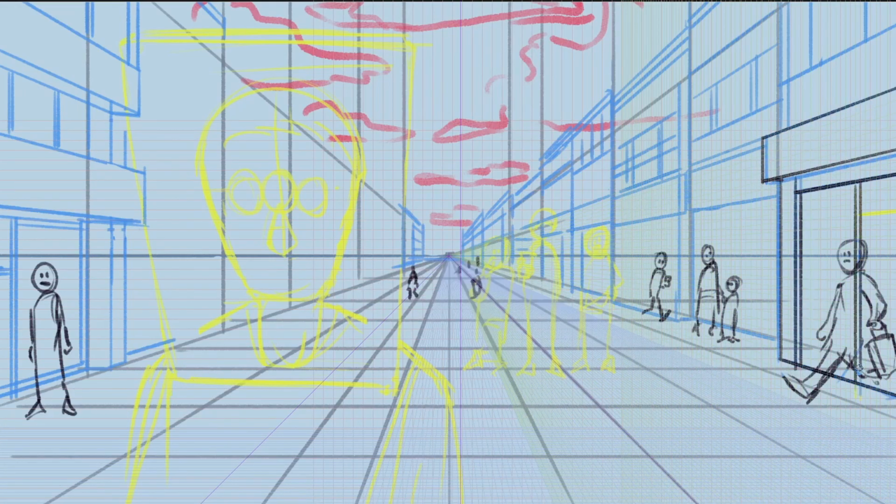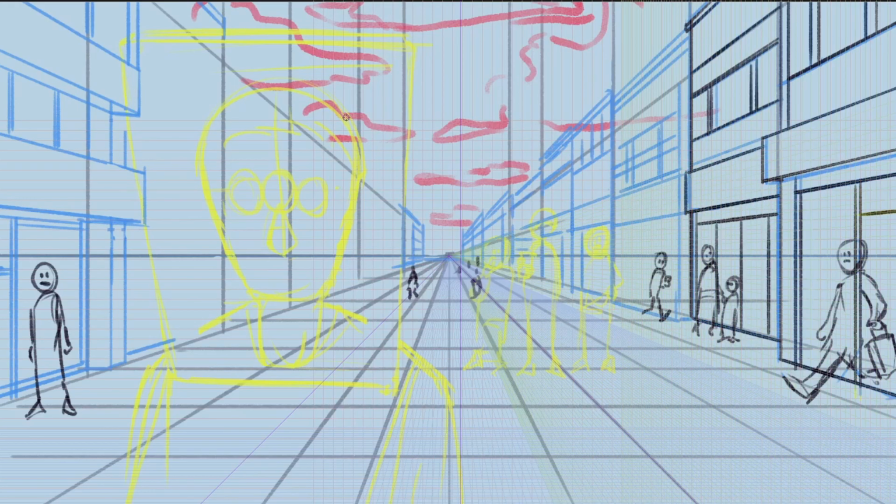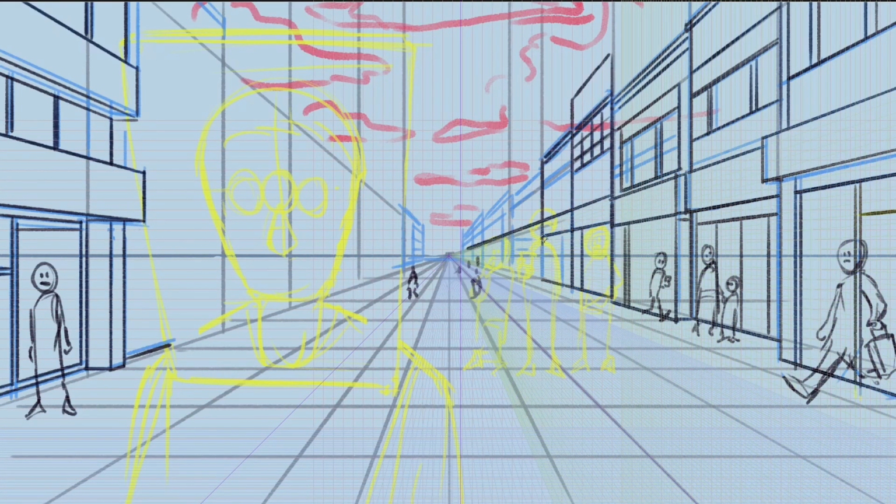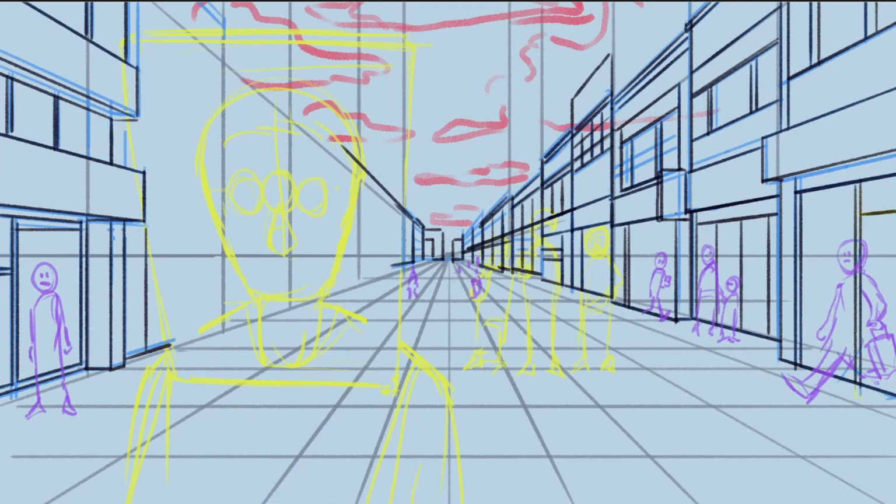And first things first, I opened up the perspective grid and I started drawing lines and thinking about how the high street would look. Then I quickly looked up some references of high streets and made this massive mood board on PureRef, which is so helpful. I love PureRef. So I did that, and then I came back to drawing the background and everything. I did the background first,